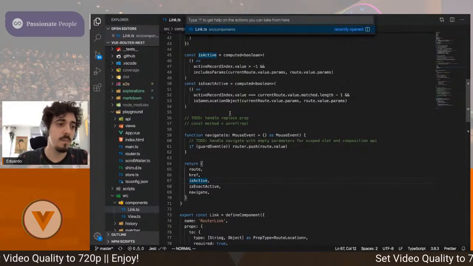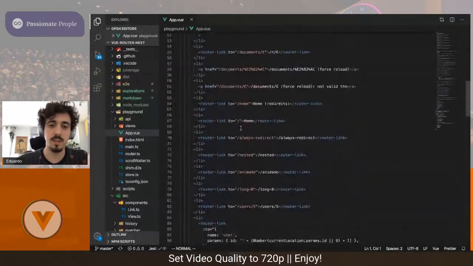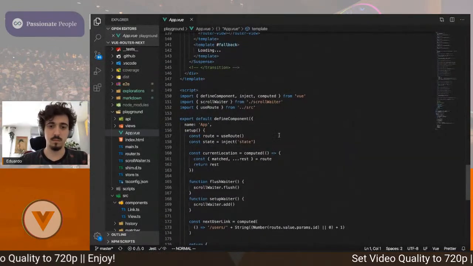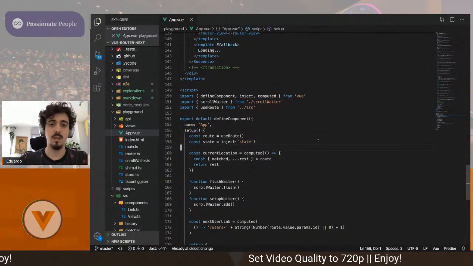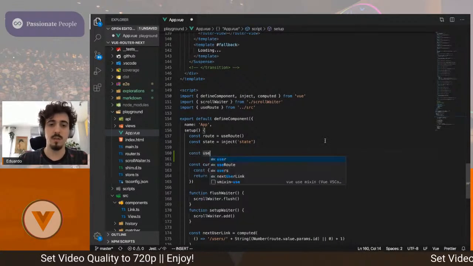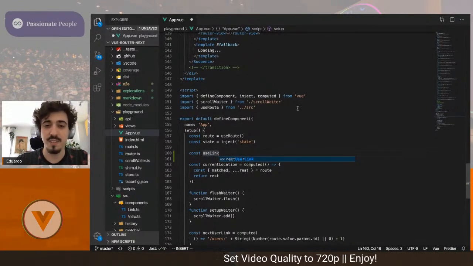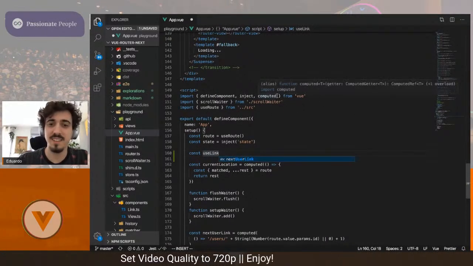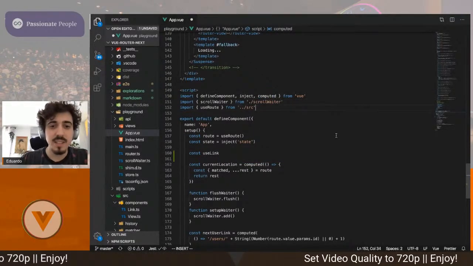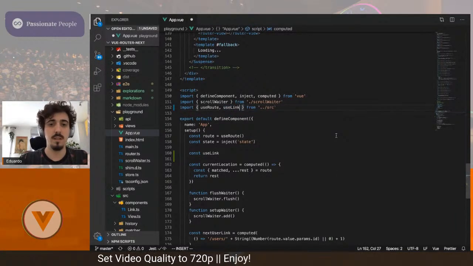Which means that if we go to the app.vue, we could say useLink. You can import the function useLink.